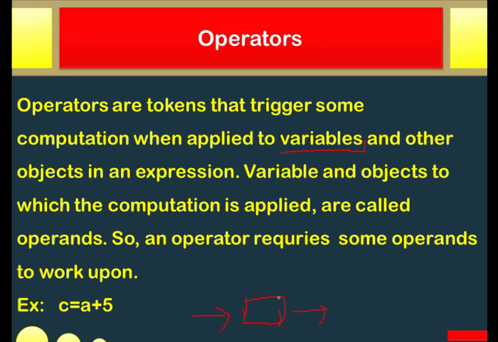So the data, the literal, the value that we supply. Whenever we supply any value to the computer, this value is stored somewhere in the computer memory location. Let's say I just want to write a program where two numbers are added and the result is shown to me. So what I have to input, let's say I want to add 2 and 3.